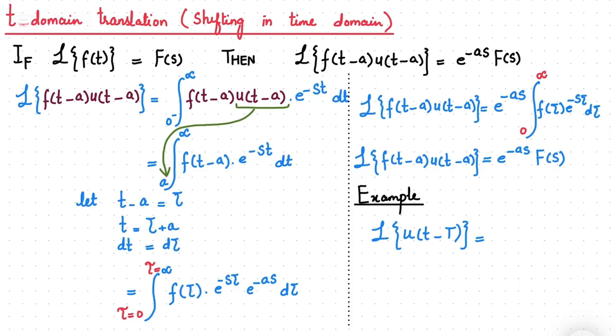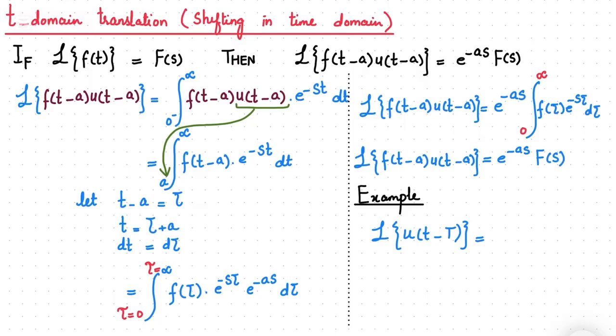Right. Then e raised to power minus s a is constant over here. It can be taken out of the integration, and the rest of the thing is f of tau into e raised to power minus s tau d tau, with integration limits from 0 to infinity. And we know that this is similar to the formula for calculating the Laplace transform of a function. So we can replace it by F of s. It means the Laplace transform of this function shifted in the time domain is e raised to power minus s a times F of s. So the result is